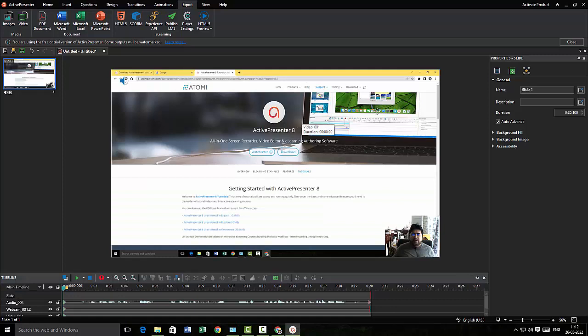I think Active Presenter will be a useful tool for a lot of screen recording users, and it is also free to use up to a certain level, so I guess you can make use of it and create your screen recording videos. Alright guys, this is it from me today, and I will come up with another screen recorder